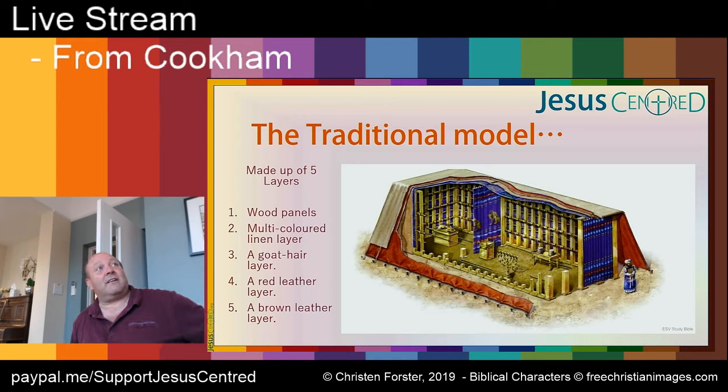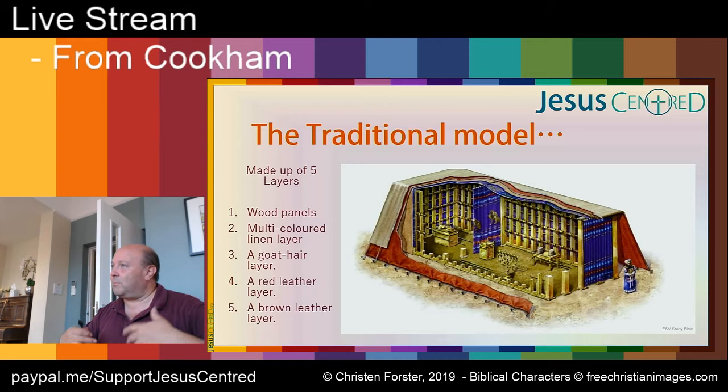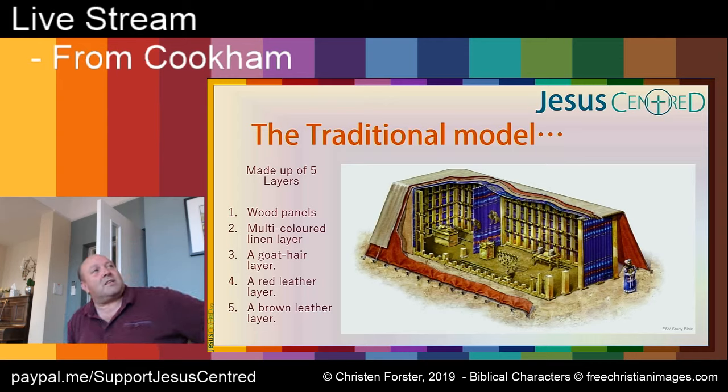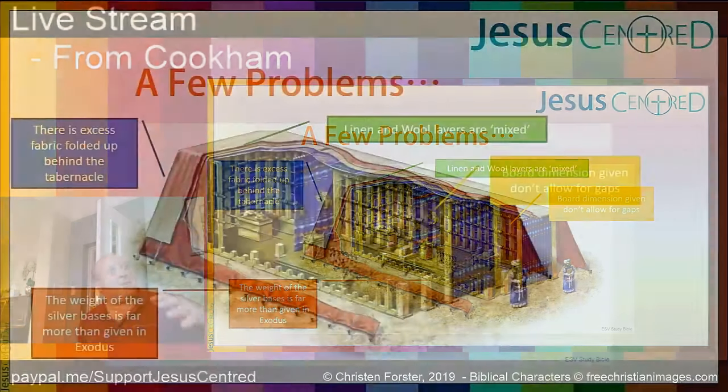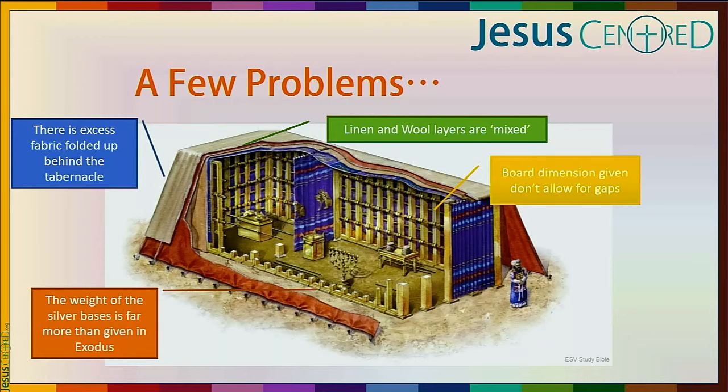So we get 5 layers, and people have often talked about the typology of the different things, but you have to ask the question, with them all sitting on top of each other, it does raise a few problems. So let me highlight some of the problems you get with the square tabernacle. One, which for me is quite important, and I haven't put the verse reference in here, I can't tell you, but most of you will recognise it when I say it.